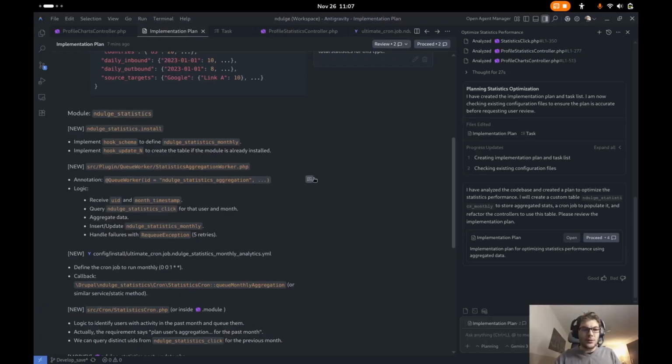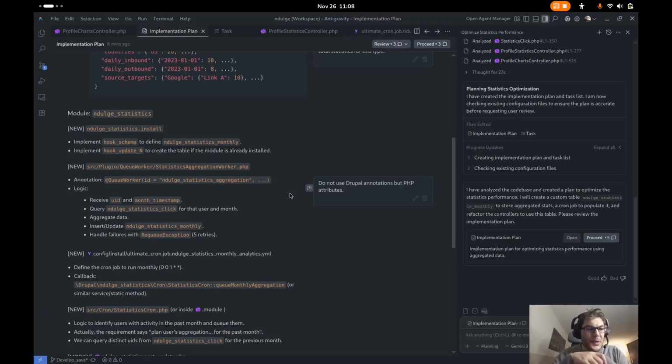So do not use annotation. This is where it is very important, because otherwise that's a change I will have to do later. Do not use Drupal annotation, but a PHP attribute. Well, I would rather have it not sending the month timestamp because normally it shouldn't be run for another month, but okay, let's keep